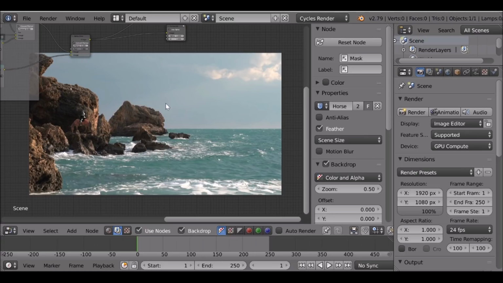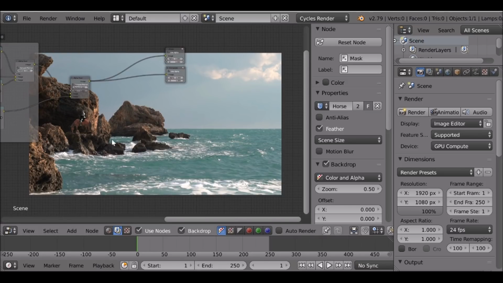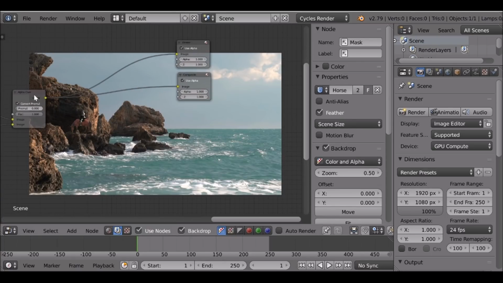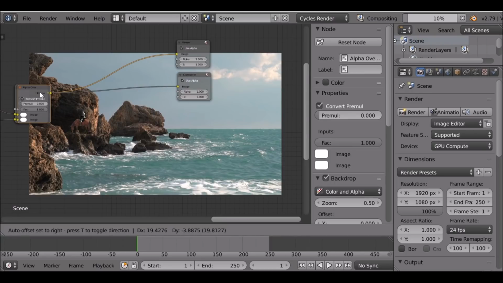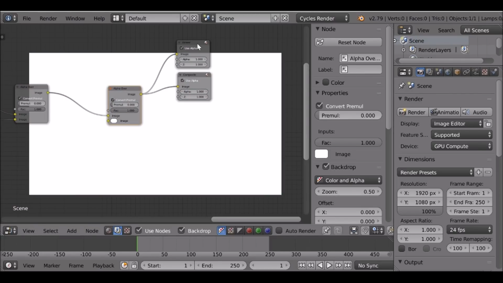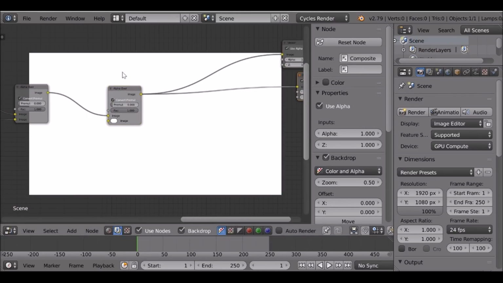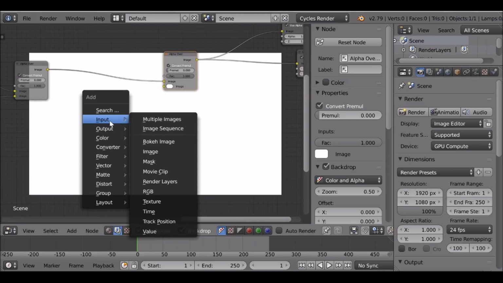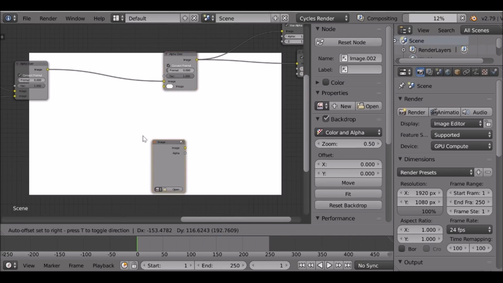So the next thing I'm going to do is add an image into the background. As I mentioned before, we're going to open photo editing software and use that for most of the details. I just want to add this in just so I have more greater separation, and I can add some distance pretty easy. But again, you can do it all in photo editing, just save out 2 images. So again, I'm going to select this alpha over, Shift D, connect this up to the viewer node, Shift A, go to image,